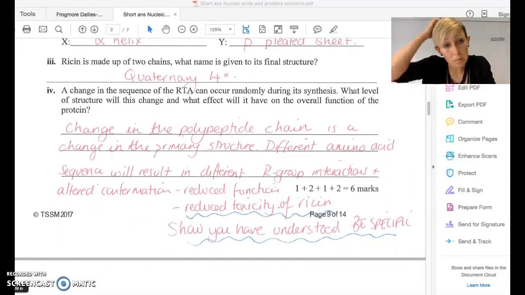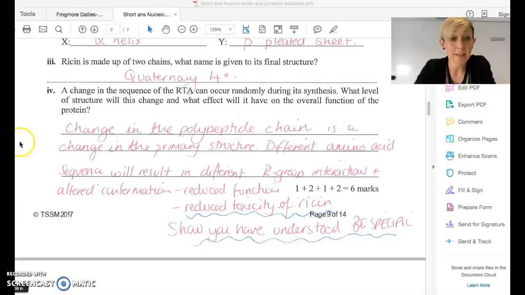Most people dropped marks, if at all, in this section 4 at the bottom. I want you to annotate these questions and actually look for what the question is asking you to give. So what level of structure will this change? A change in the sequence, so they're talking about the DNA sequence, will affect the polypeptide chain, potentially, and that will impact its tertiary structure. Okay, so if you change the R groups, you change the interactions, and you change the three-dimensional shape of that protein. And then notice it wants to know